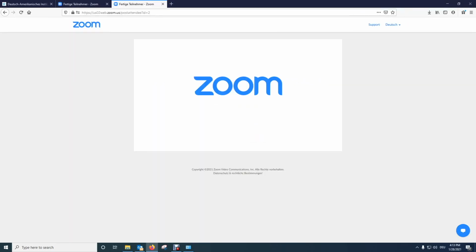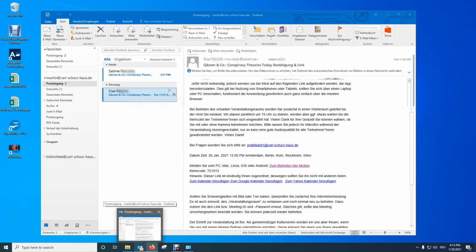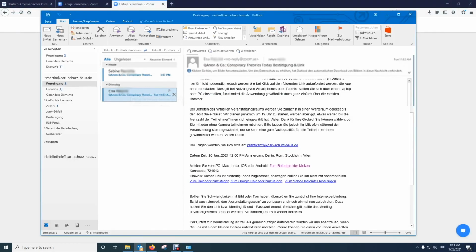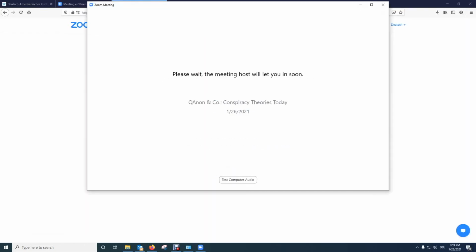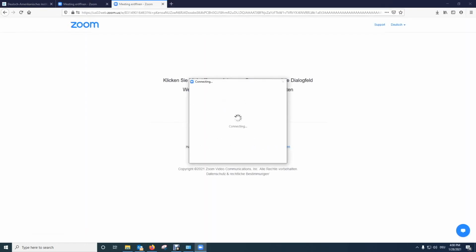After you have downloaded Zoom once, you don't need to do it again. Unless you decide otherwise, the Zoom client now stays in your computer. Therefore, in case you have already downloaded Zoom and when you go to the link in your email, after clicking on it, the Zoom client will open and you can join the meeting with your name.